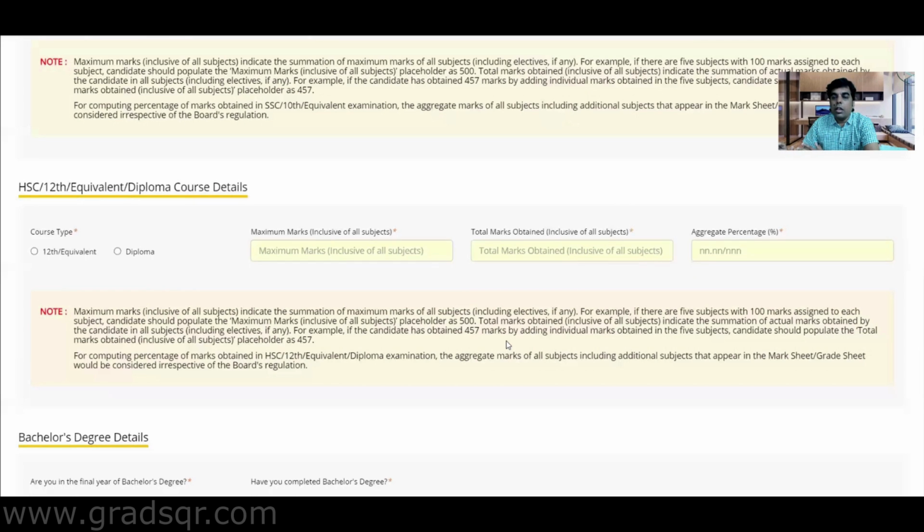Right, and in 10th standard, anyway, when you are looking at your board examination marks, the total is mentioned there itself, right? So that only you need to put up there. In the HSC, in most of the mark lists, you will not have a total put up there, but whatever is the marks that you have got in each one of them, you need to add up. Okay, now this is pretty simple. Otherwise, there is nothing much. Make sure that you are filling this properly.